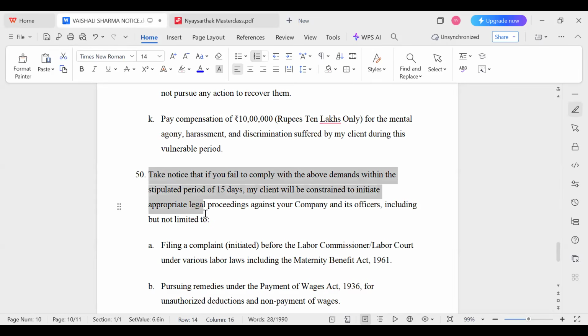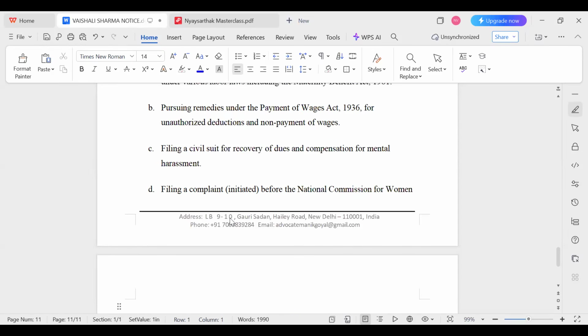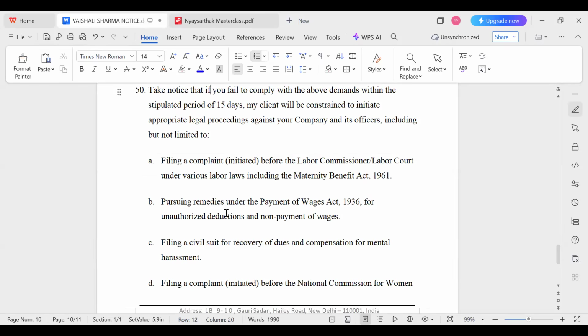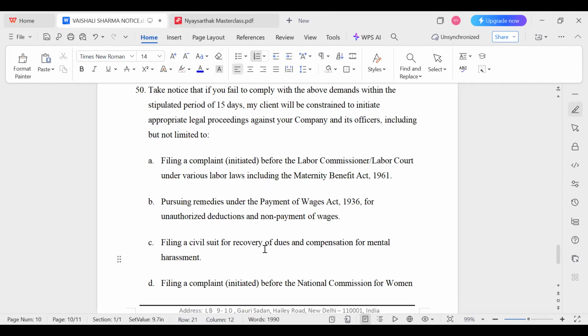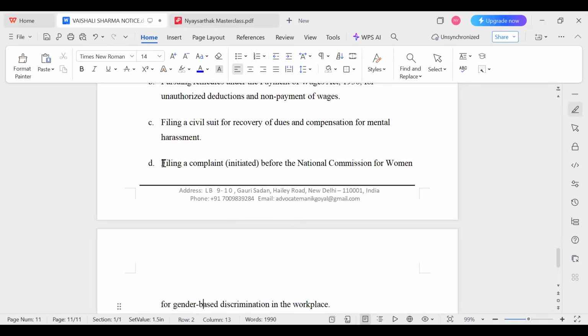So it is written, take notice that if you fail to comply with the above demands within the stipulated time of 15 days, my client will be constrained to initiate. So we have written down what we will be doing. Filing a complaint before the labor court. Since our client has already initiated a complaint, we have written it as initiated. Okay. So we have written that our client will be initiating a complaint before the labor commissioner if you fail to reply to this legal notice. Then we have written that we will file a case of recovery for the dues. Okay. Then we have written that we will file a complaint